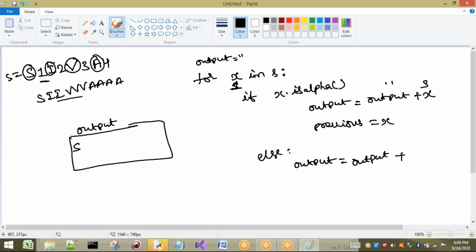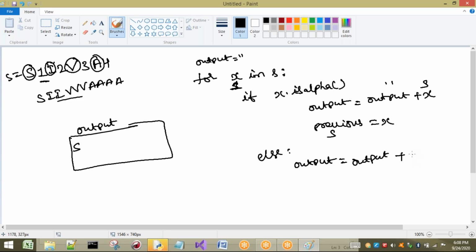Here, why am I storing this? Every time I store, first s will be present here. Next I want i, next I want v, v will be present here. Next I want a. For a temporary purpose, I am going to take this previous element. Now in previous, what is there? In previous I already have s here. You may think, sir, already in output we have s, why can't we take output only here?